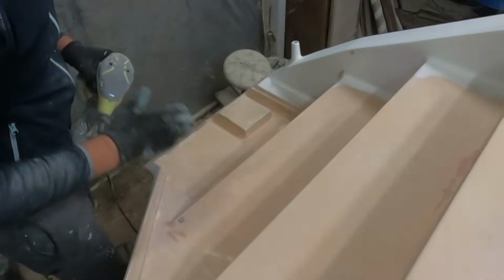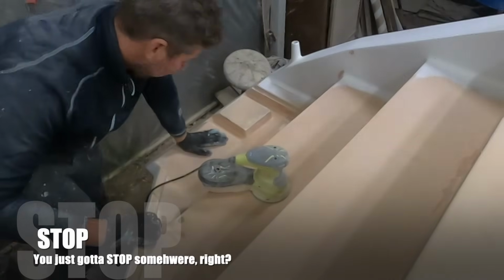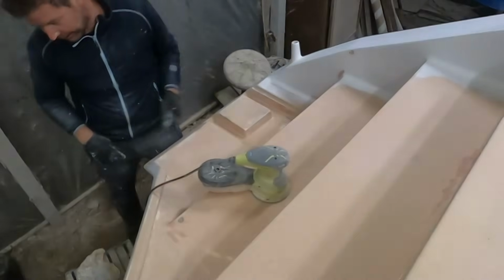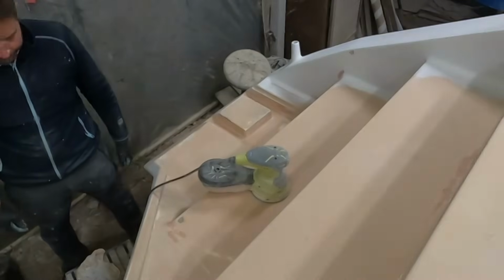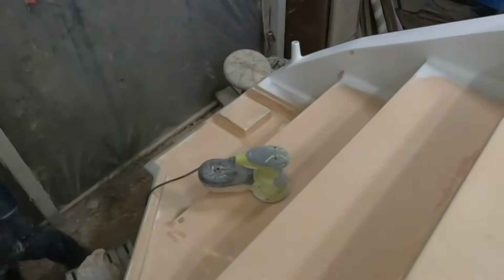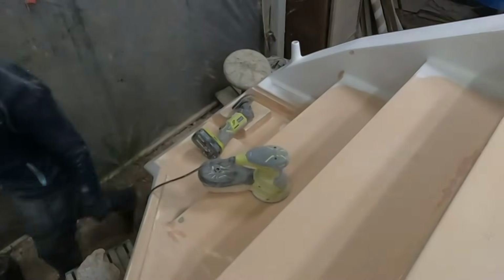Just found another hole, and you just gotta stop somewhere, right? It's a big boat. It has millions of holes in it, and well, I'm hoping it's not millions, but it probably is. And you'd go crazy trying to get them all. Do my best, don't get me wrong, but